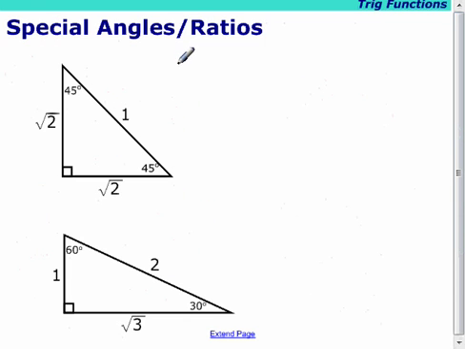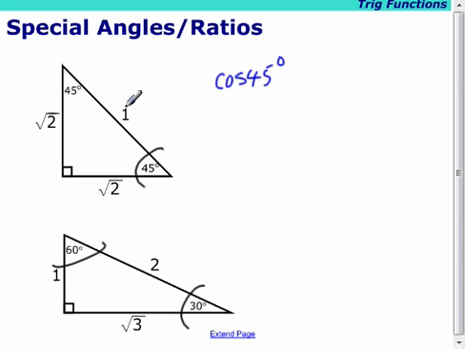Now, sometimes or often we have triangles that have special angles. These are some nice triangles to memorize, because we're always finding that we have 45-degree angles, or 30-degree angles and 60-degree angles. So these are nice ratios to memorize. If I have a 45-degree angle, for example, we'll just use this angle here. Then I can look at, say, the cosine ratio. Cosine of 45 degrees would be the adjacent side